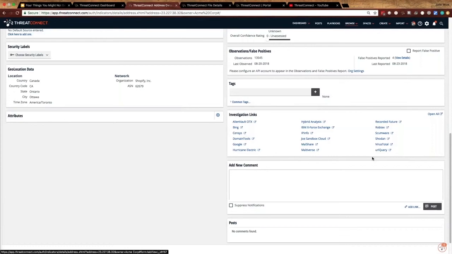These investigation links were put in there by our research team. These are some of the tools that they use to conduct their job every day. And if anybody knows how to use the platform, it's definitely going to be our research team. So these are some things that they felt the platform would benefit by having in there. In particular, we can go out to VirusTotal.